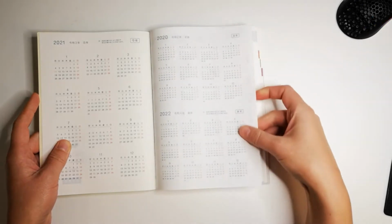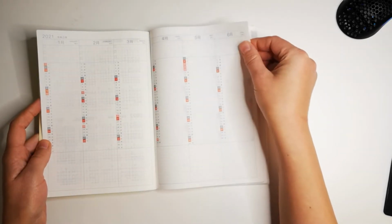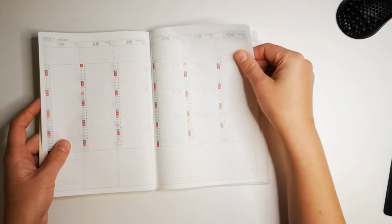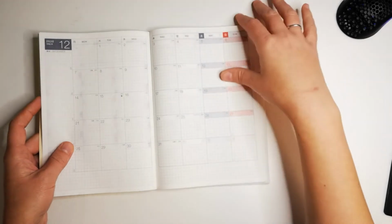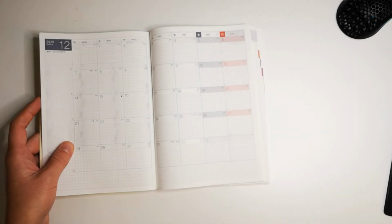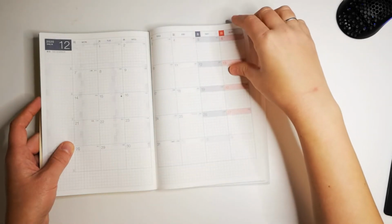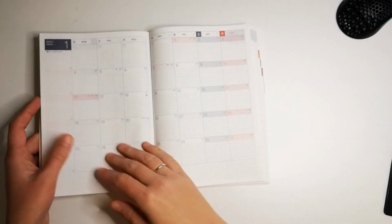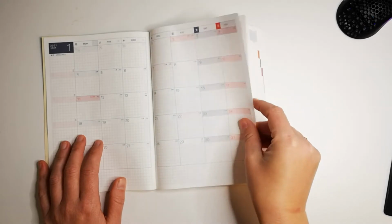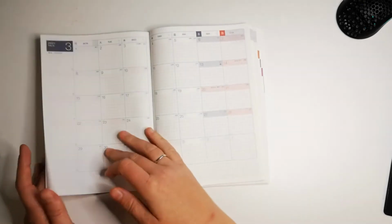So what I'm doing now is just a flip through of the content of the planner. These pages are the future log, and I know a lot of people use it as a habit tracker, and I'm very tempted to do that as well, with the little downside that I need a future log, and yes, I've got monthlies all the way to June in this notebook. It's not the whole year, which means if I don't have the other notebook anywhere near me, I won't be able to put things down for the second half of the year, and that's a little bit